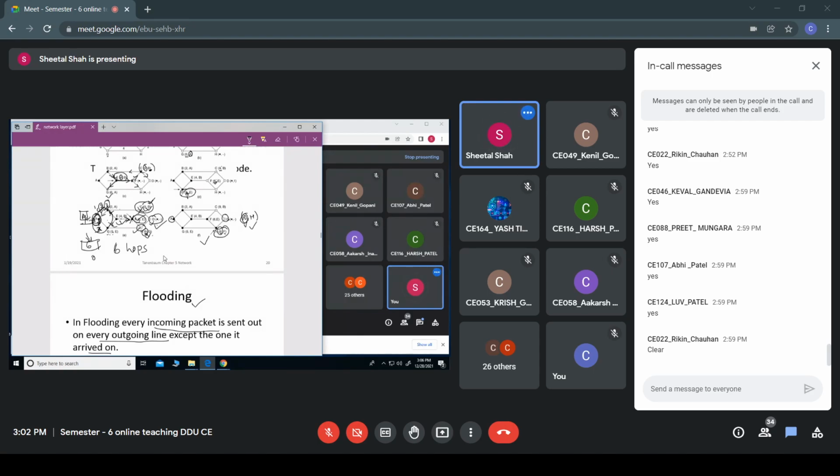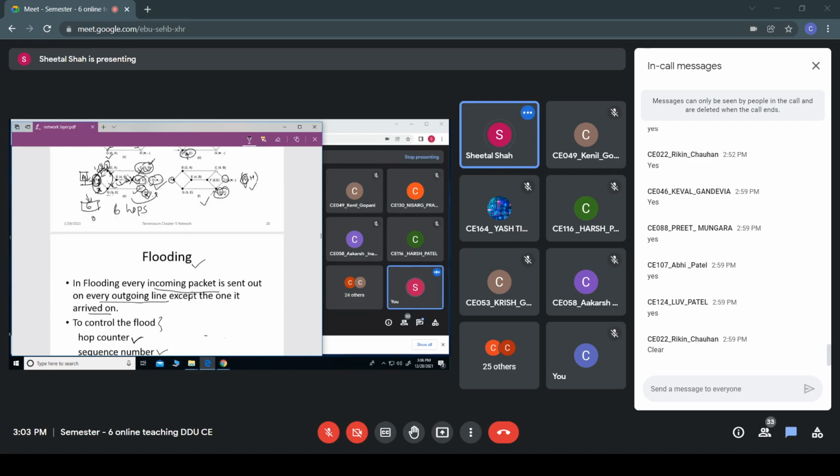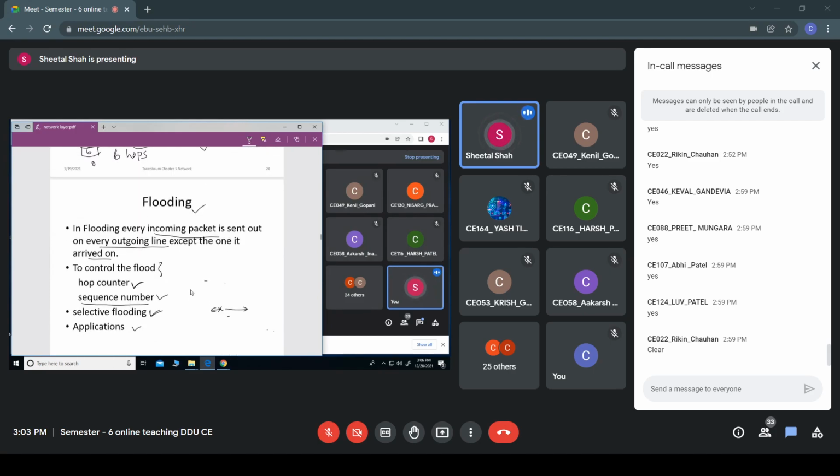Are you getting this? The duplicate packets would always be there because it is using flooding. The same copy of these packets would be with the other routers also. So there is very little possibility of skipping any of the packets, and the packet may reach the destination without any problem. So this is one of the advantages of using flooding.